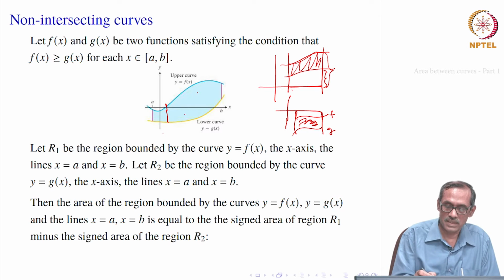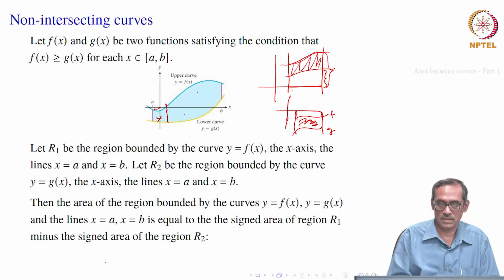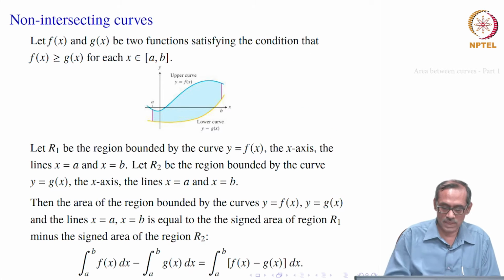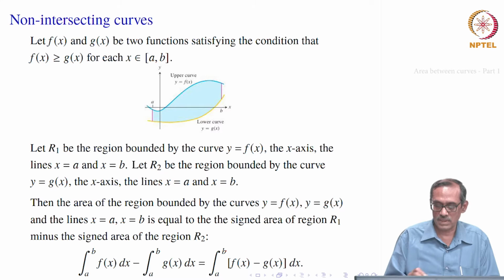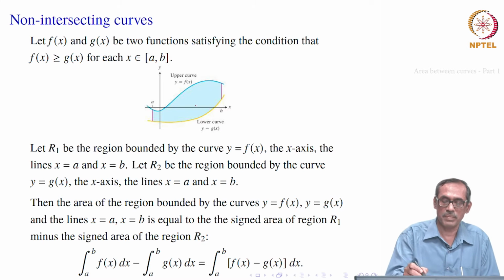And on the other side you have f of x bounded by this one, and minus of the signed area you are taking, again you get back this area. So, they are plus, which is the same thing as f x minus g x. Okay. So, that is how we get integral a to b f of x minus integral a to b g of x, which are these two areas. That would give us integral a to b f x minus g x. That will be the area painted blue here.